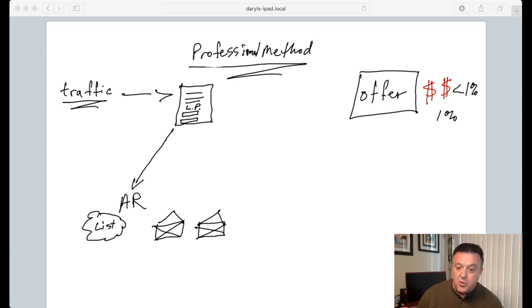It sends them to another page. Call it a landing page as well. And let's say it has a video on it. And it's free content. It's value content. In fact, let's call this value. All right. And then the next day,